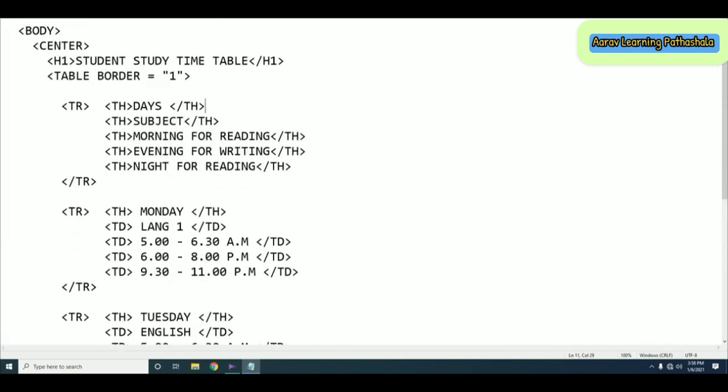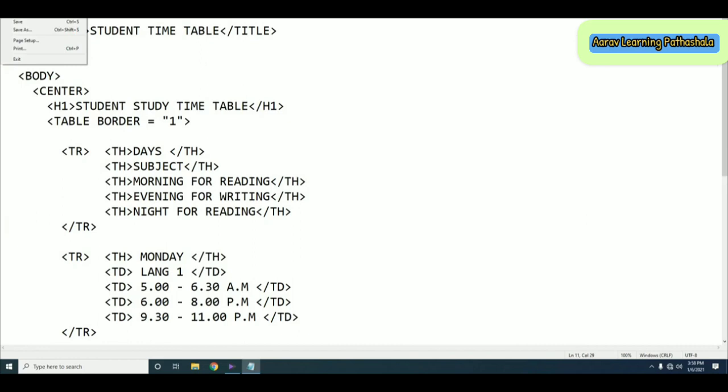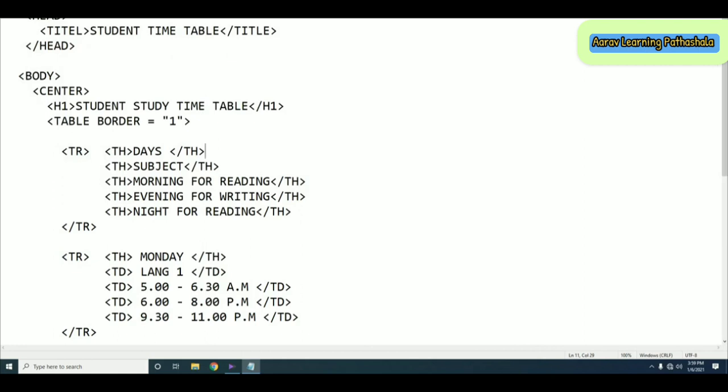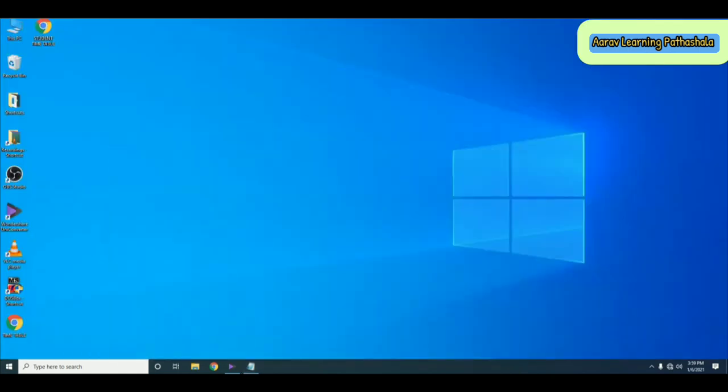After typing a program in Notepad, we have to save the file. Select File, Save As, and here you can give the file name as student timetable, and here .html, it is important. Then we have to click on save. Then you can minimize this application. Whatever file you have saved as .html can be seen on the desktop. So here is the file. Now if you double click on that,